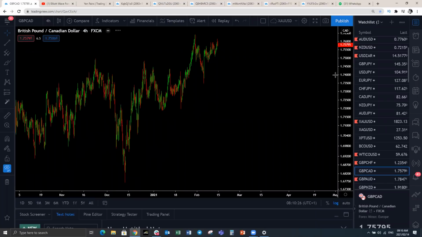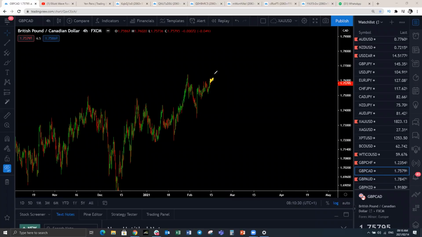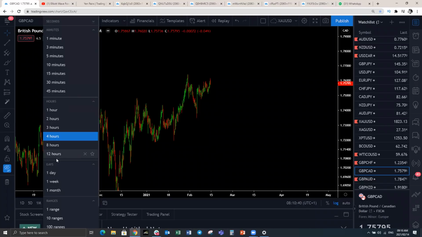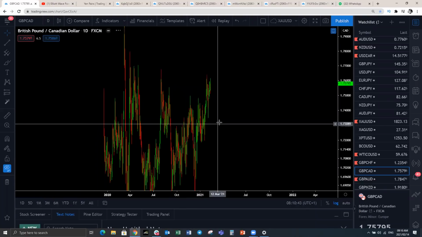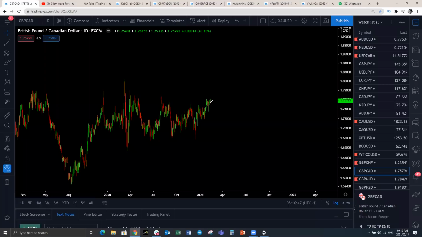Pound CAD, let's have a look here at pound CAD. So pound CAD, we'll see a bit of a push to the upside. This can be pulled by the rest of the pound pairs. We can see a pullback and continuation to the upside eventually still. So let's have a look at the daily on pound CAD. The daily structure on pound CAD looks something like this. The reason why we're still expecting a bit of a push to the upside is this. We're looking at this structure. I've been showing the similar structure for a while now. So pound CAD can push to the upside. The pound pairs, except for pound Aussie and pound New Zealand, are looking upside.